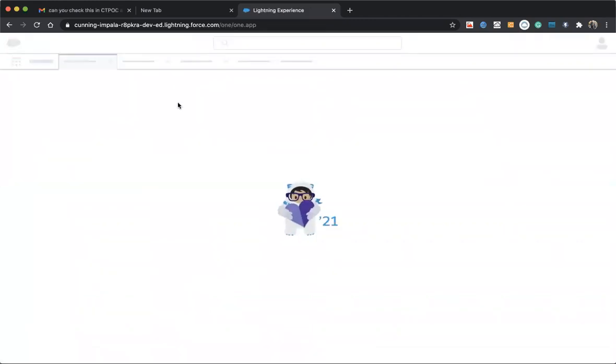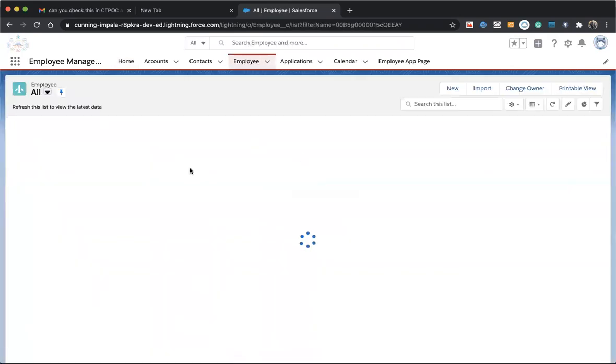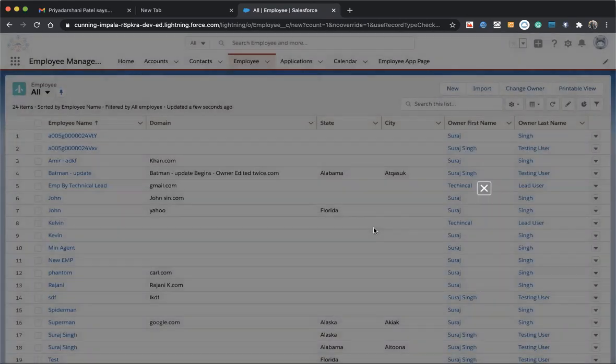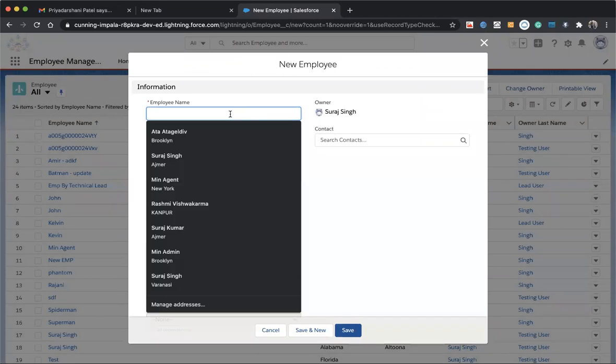As you remember, on the employee object we created a formula field that will create the domain of that person.